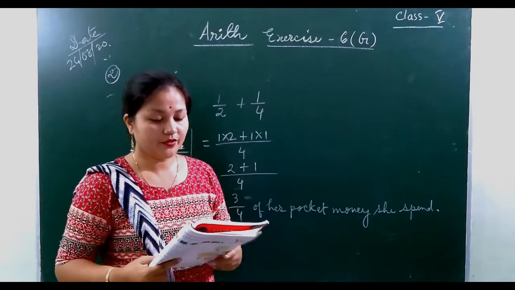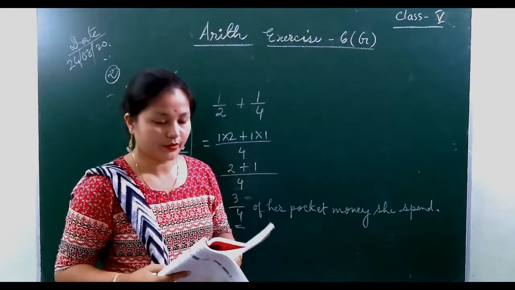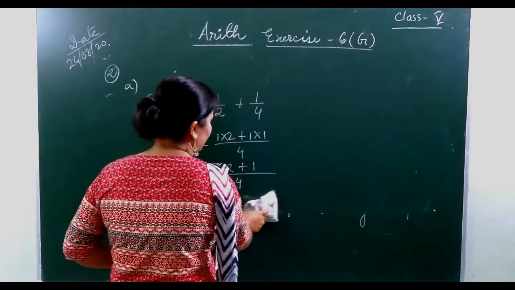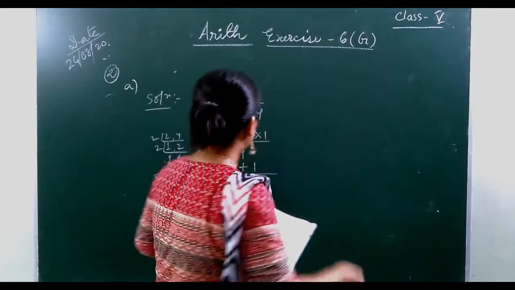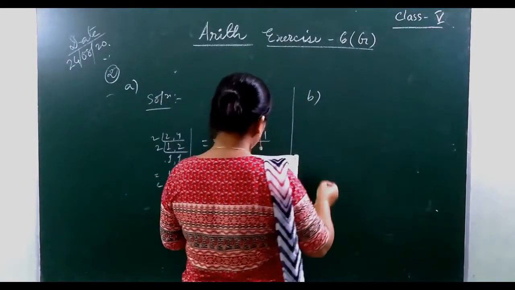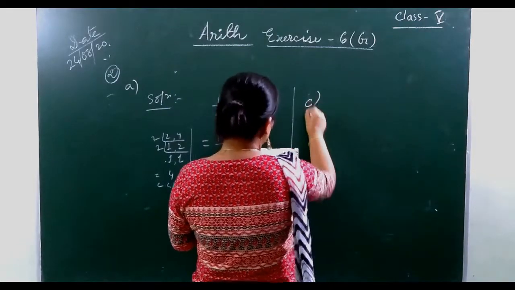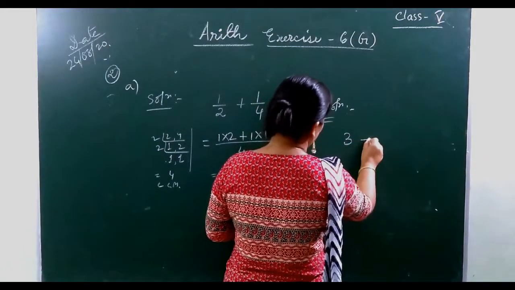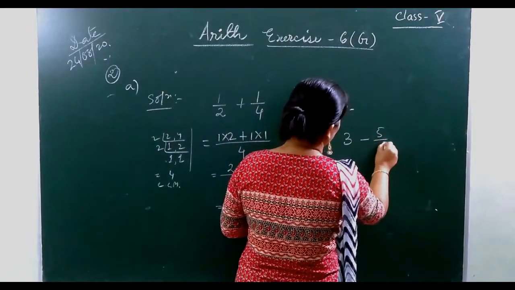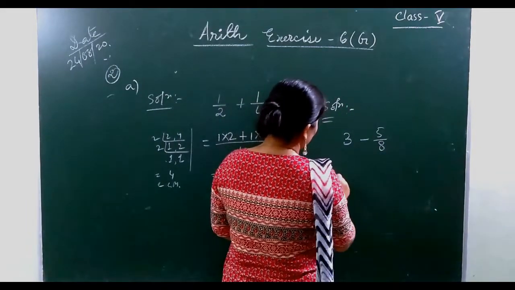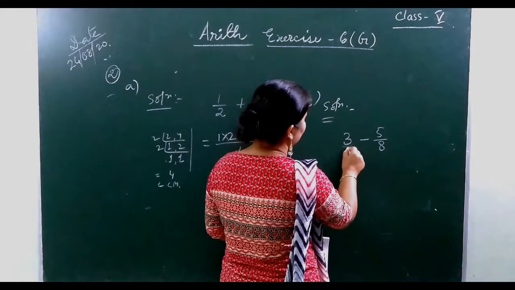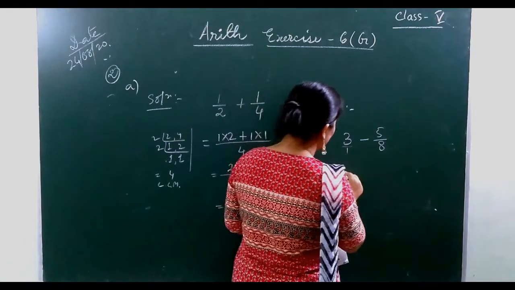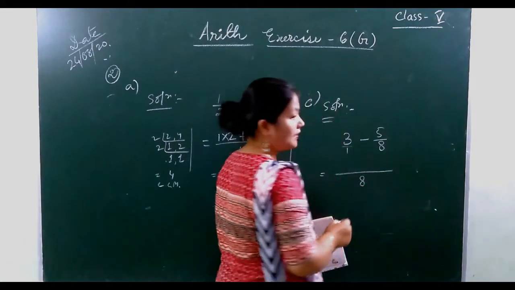So to find that we have to subtract what is left from the total amount. Okay. So total amount is 3 liters. So I will rub it here. So this one I will do for you, question number C. C solution. So 3 liters minus 5 by 8. Okay. So it's a whole number. You have to think that something is there in the denominator, that is 1. So 1 is in the denominator, so we will take 8 as LCM here.